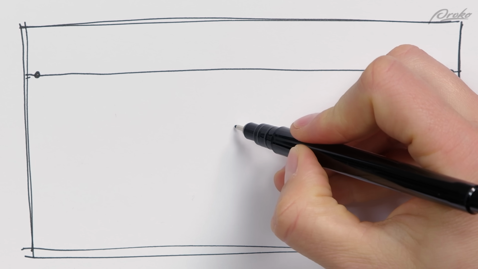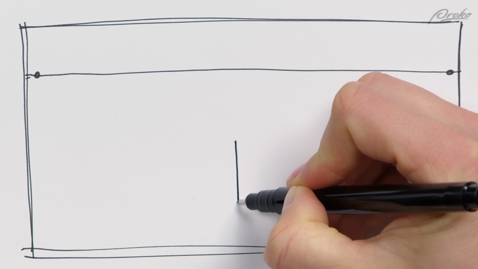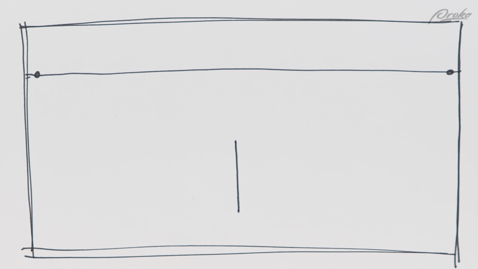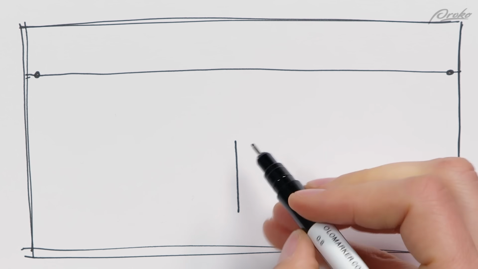So 1-point perspective, we're looking directly at it. We rotated it. And now I'm gonna establish this edge right in here. It's the closest edge to me. And then from there, we're going to kind of expand out in each direction. So just for this one example, I'm gonna place this kind of in the middle between the 2 points. It doesn't have to be there, it's just that I'm showing you this one right now.